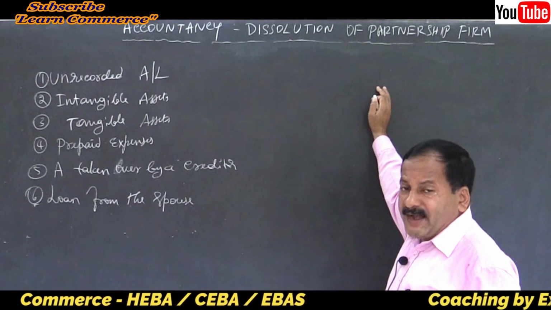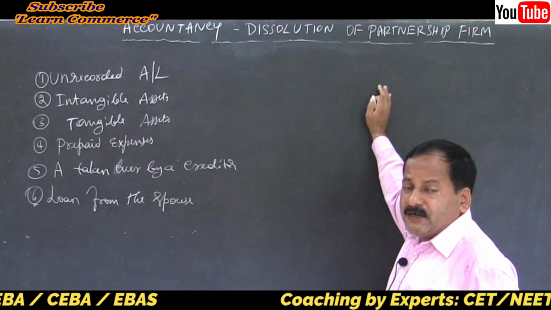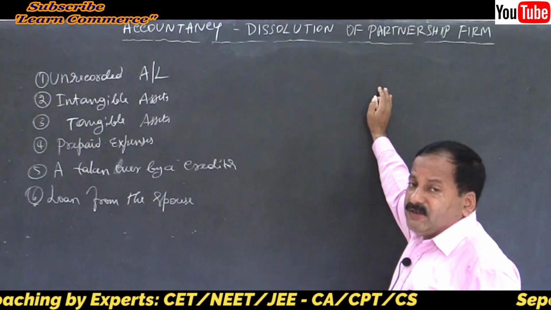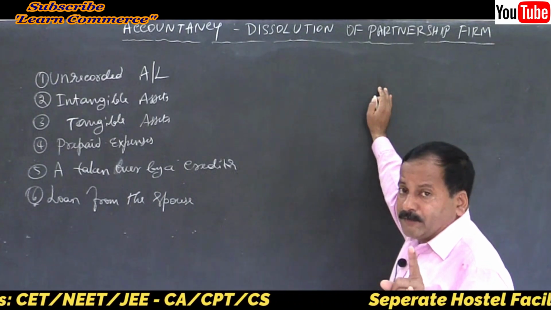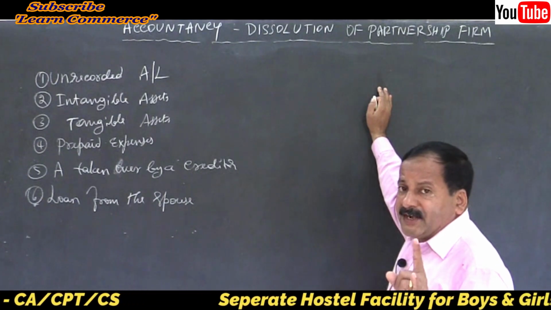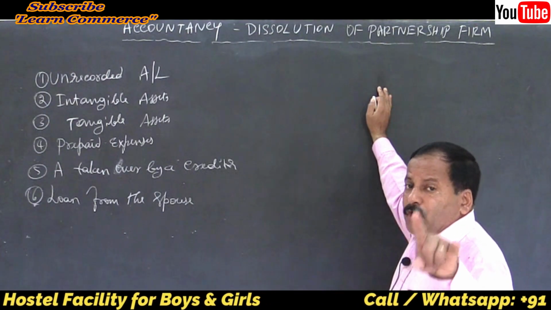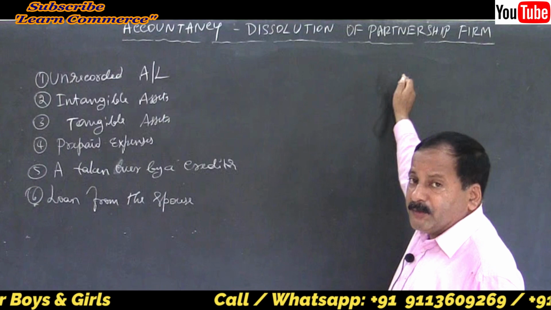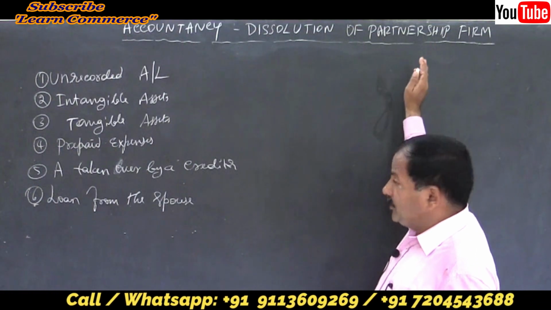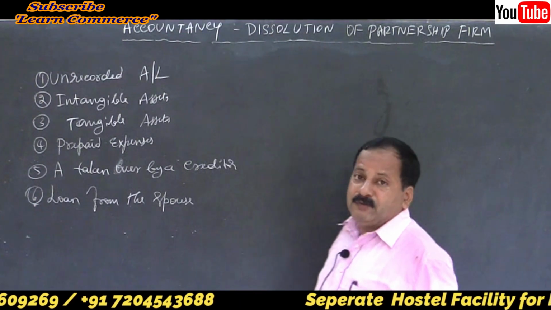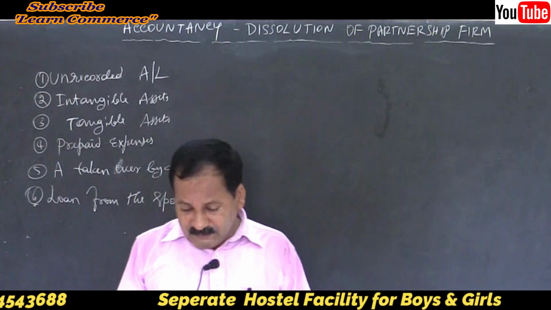On the credit side, you will write by creditors account, by bills payable account, by Mrs. A's loan account. Because Mrs. A is not a partner of the firm, so it is not internal liability, it is external liability. So I told you all the external liability should be transferred to realization account. So you have to transfer it to realization account. Any loan received from the spouse. Clear? Then,